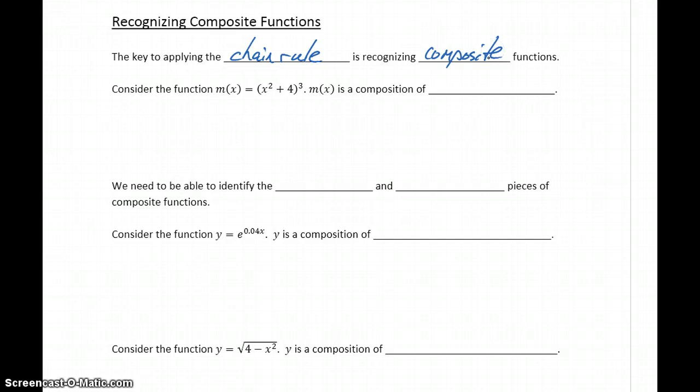So anytime we have composite functions, we're going to need to apply the chain rule to take the derivative of that function. So composite functions, for instance, m of x equals the quantity x squared plus 4 to the third power. So here we have x squared plus 4